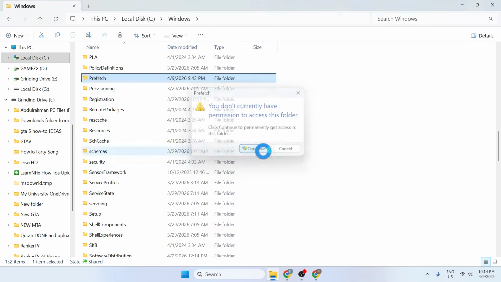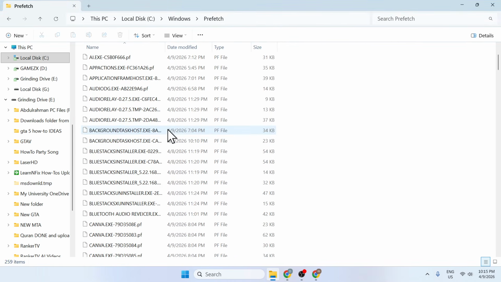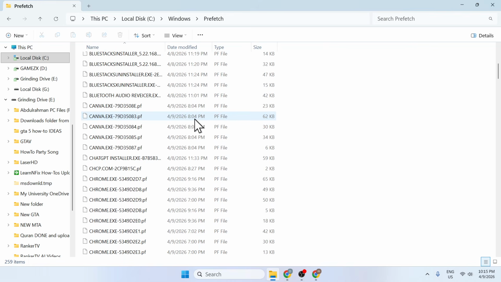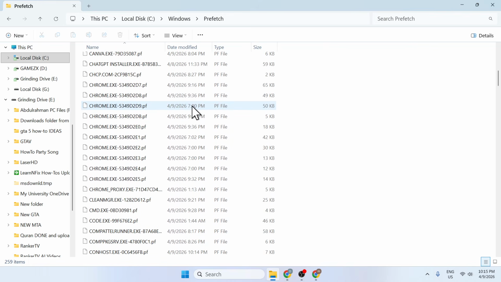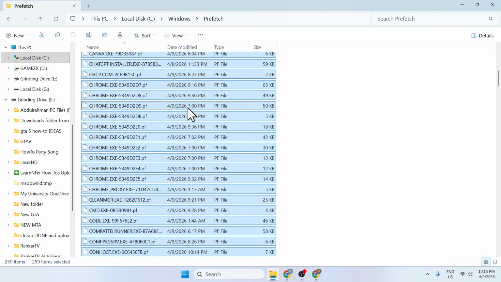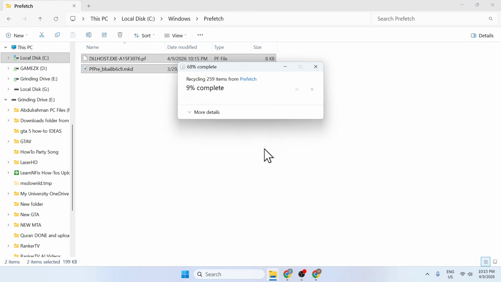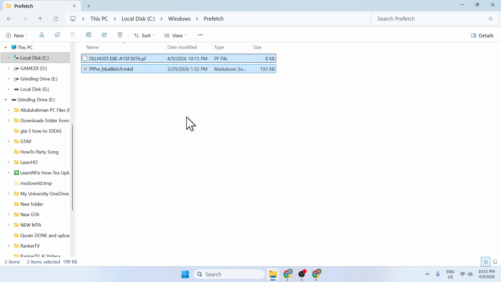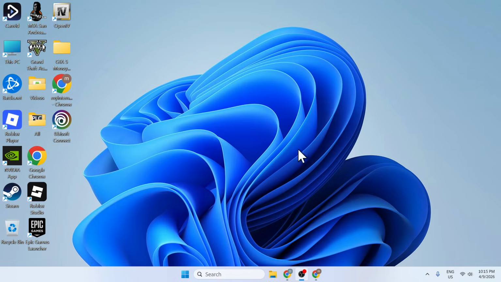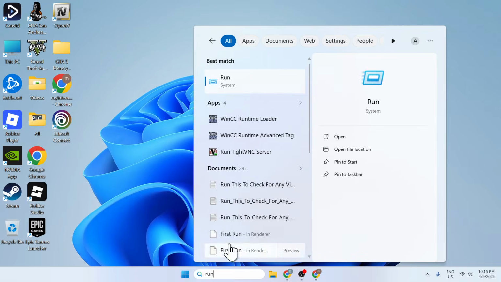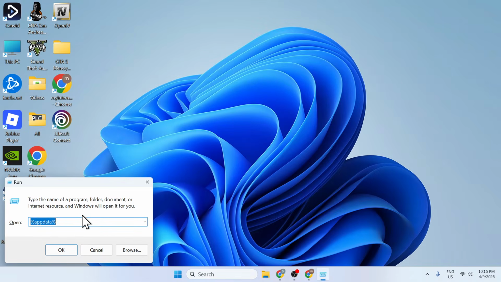Click on it, and here are some files that you can delete because they are pretty much useless. So Control A to select them all and just delete. These are unnecessary files that you can safely delete. Once you delete those, you can go here and type in run, and here you want to type in